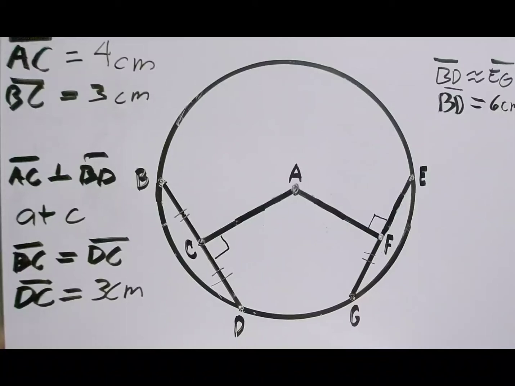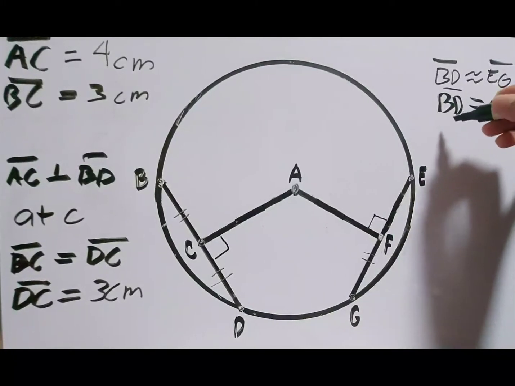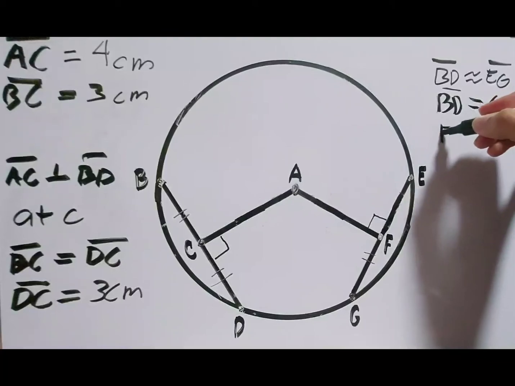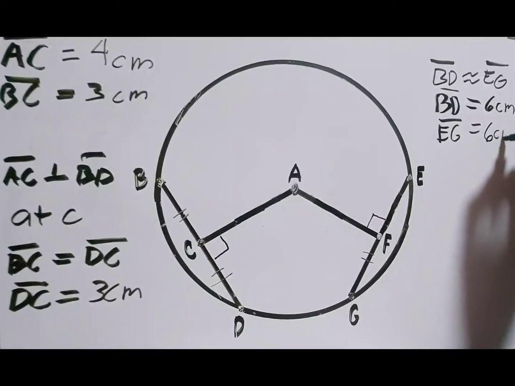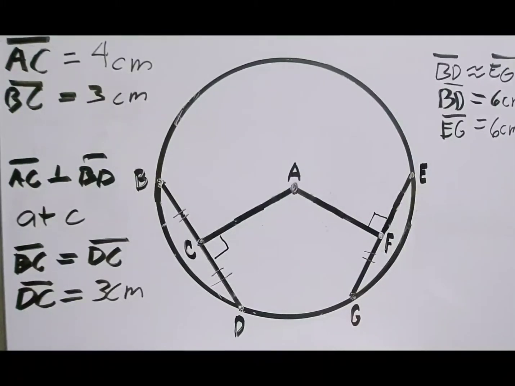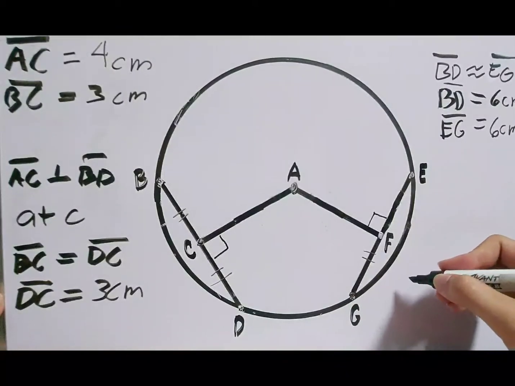It is given that the chord BD is congruent to chord EG. That means chord EG is also 6 centimeters. Now applying property number 2, since we have equal chords, which are line segments BD and EG,